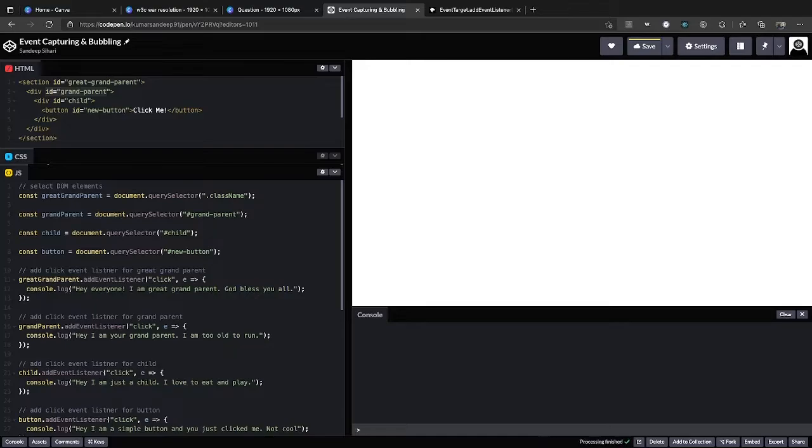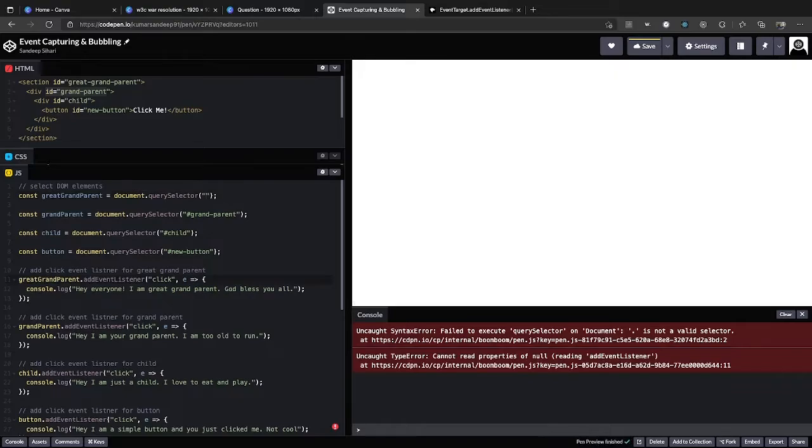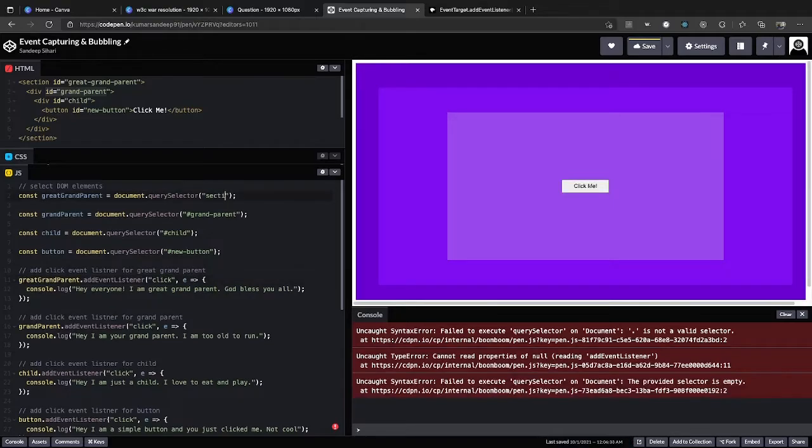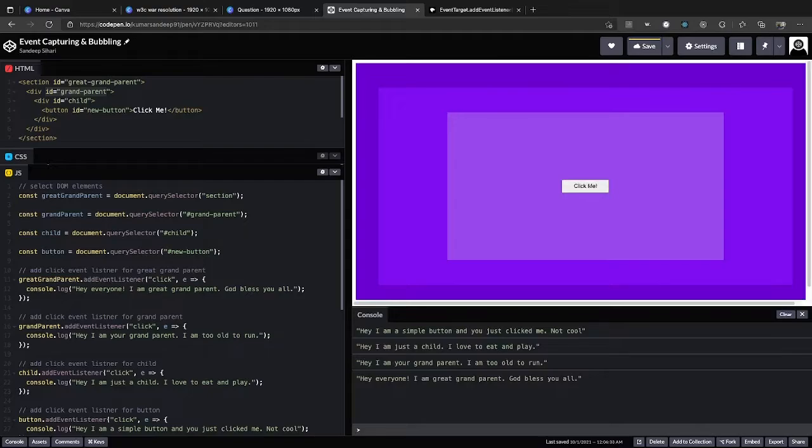Or I can directly access the HTML element by its name, like the section. It will work in the same way. If we click on this, you can see.